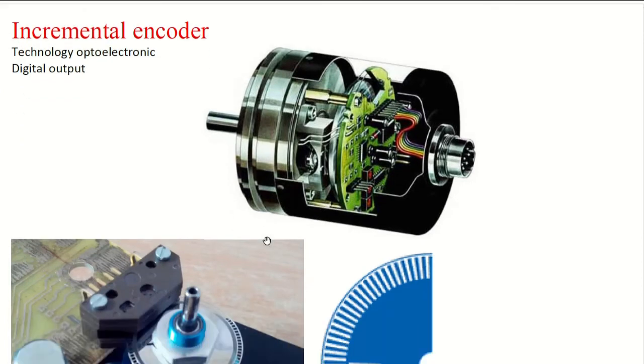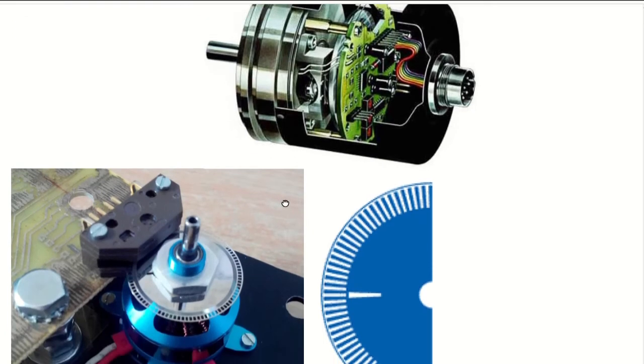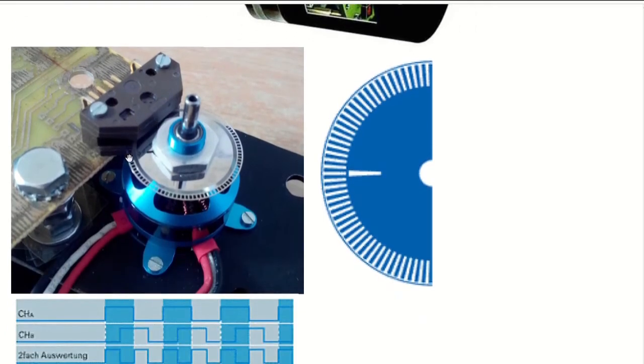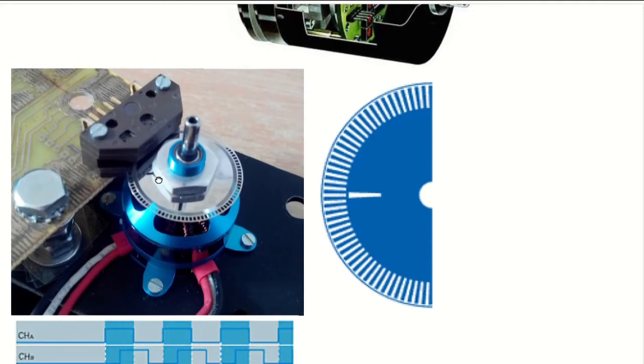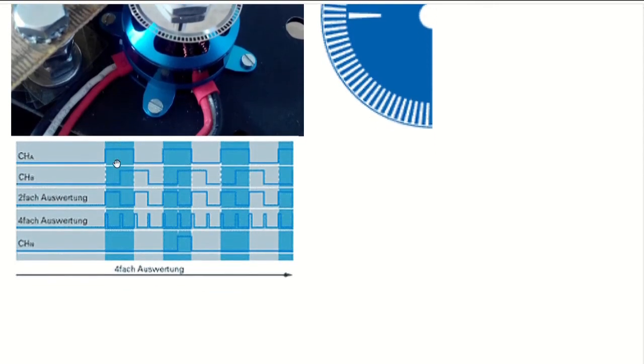Let's start with the encoder. The encoder is an optical technology where some electronics produce light using LEDs, and this light goes through some holes and produces signals. If the light goes through a hole, it produces a 1, and if it does not go through the hole, it produces a 0. And you have two sets of